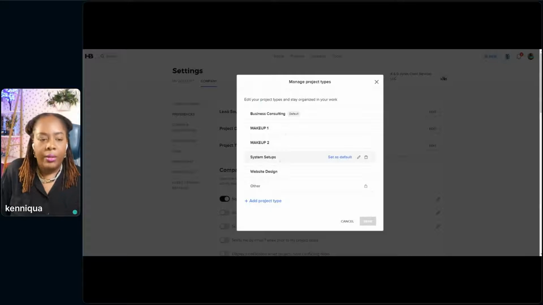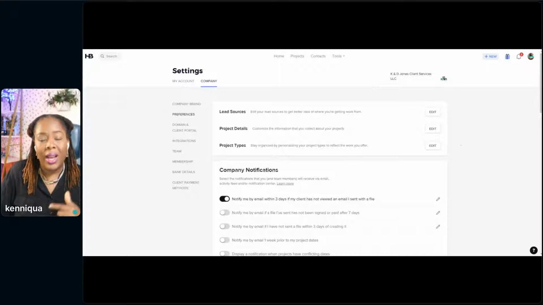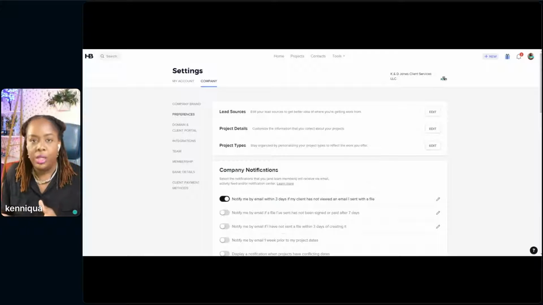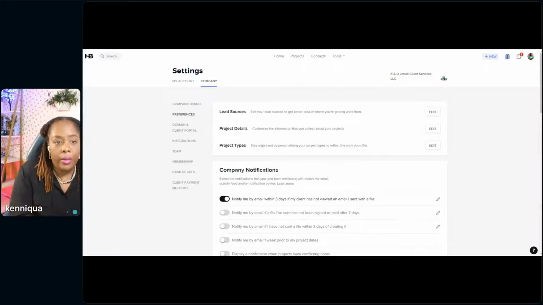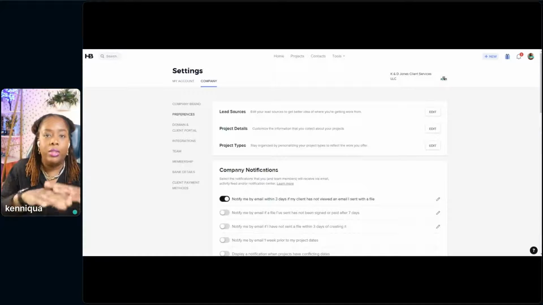So on each one of these, you can add in these different service offerings that you have, and you can have this question basically, hey, what project are you interested in on your contact form? This is where, if you want to take automation up to another level, these project types are going to be helpful if you have different project types or different service offerings. Because on your contact form or your inquiry form, when someone enters, like, okay, I want to do business consulting, you can connect an automation to that particular service offering instead of connecting it to the overall